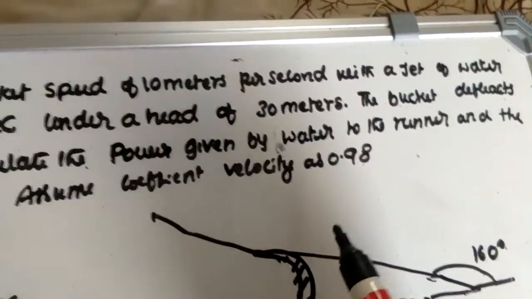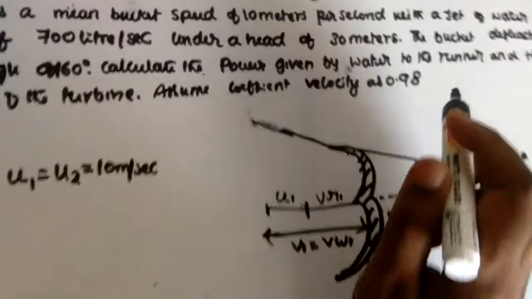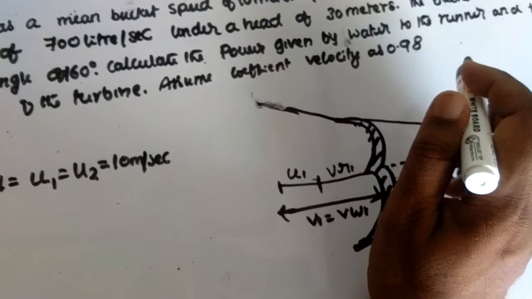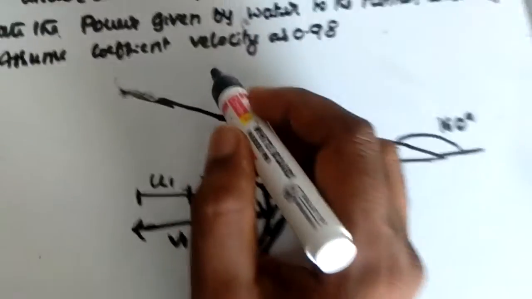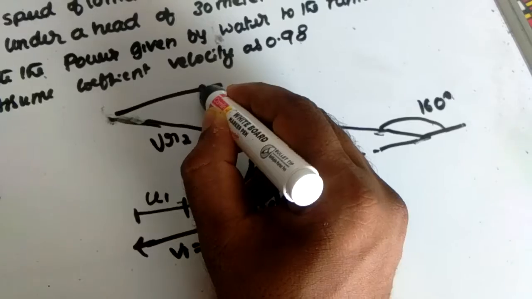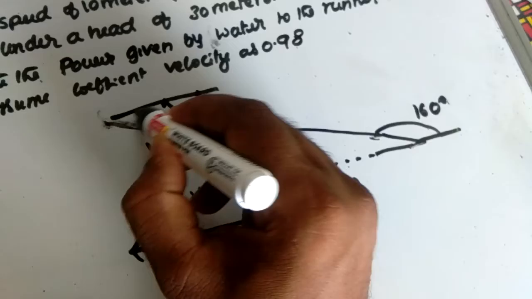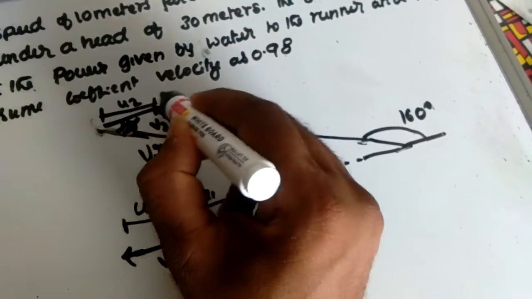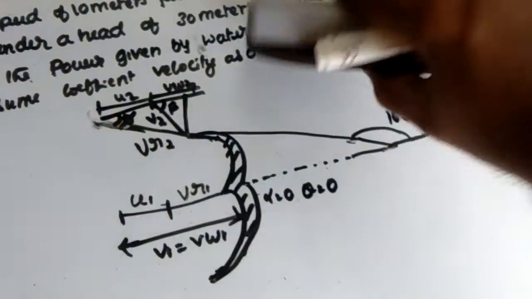So the diagram will go like this. This is the relative velocity, absolutely the relative velocity vr2, the velocity of the jet at outlet. The values are given, and we can write vr2. Then two components will come. This is v2, the absolute velocity, this is psi, and this is beta. Then u2 will come, and this is vw2. The top side will come.